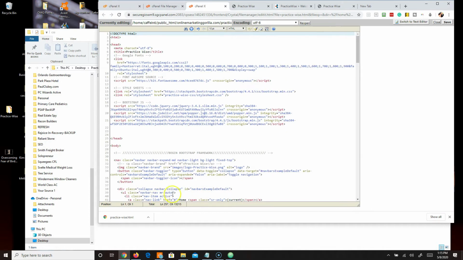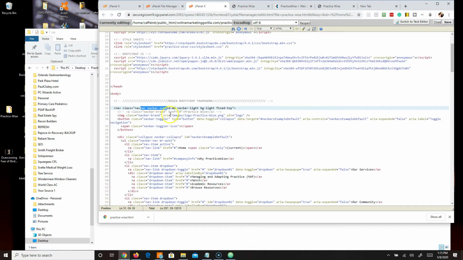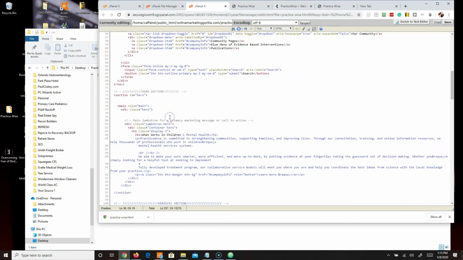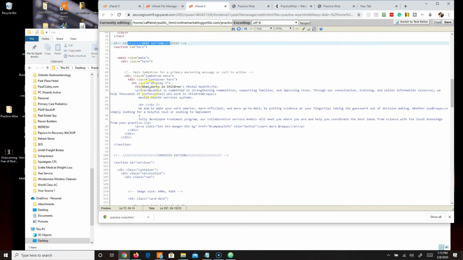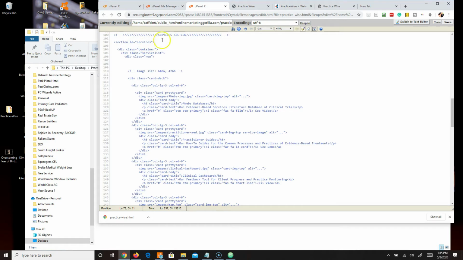Now, if I look over here, this is my beginning, so I have my nav area here. Then I have my hero section, which is the blue section at the top. Then I have my services section, and my services is where I have the card deck and the properties for that. So here's our first image. So what we're going to do is add, so what was it? Practice-wise images, like that. And we literally can just copy and paste